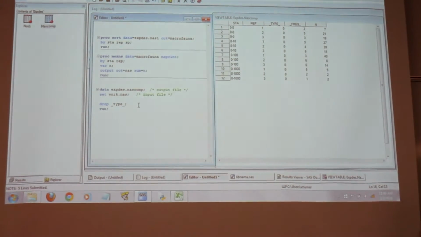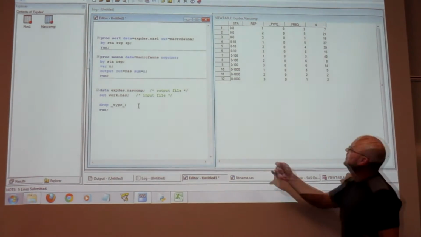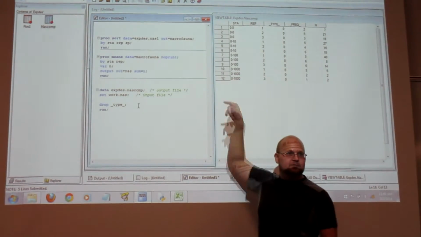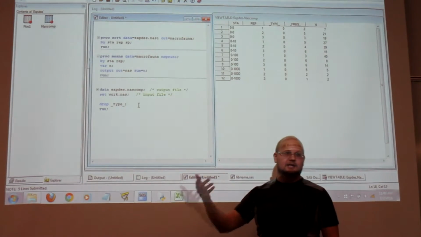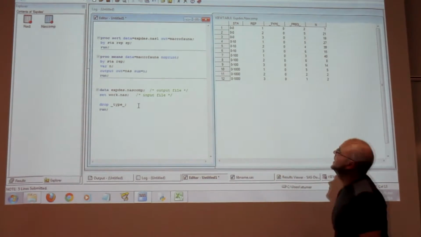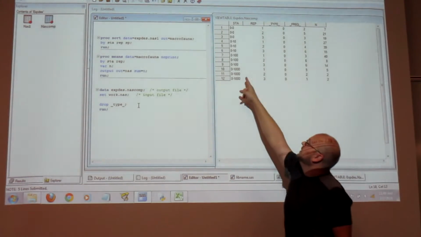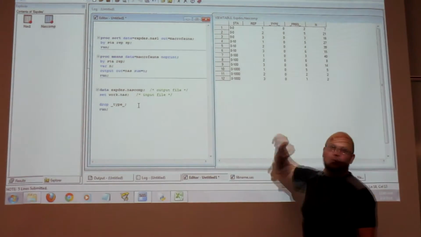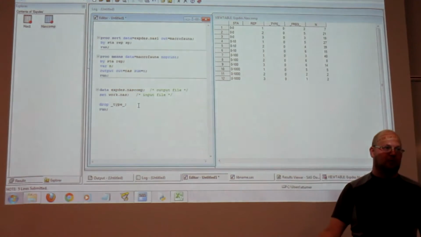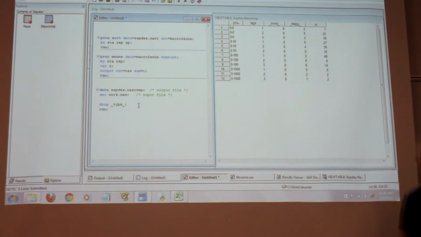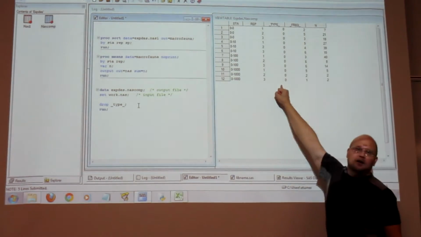So you say, if station is equal to this, then delete would be how you do it. Again, that's tomorrow. Or you say, save everything except, you know, if it's replicate 1, save it, otherwise everything else drop. So you have to do that differently. But for a column, you just say drop.